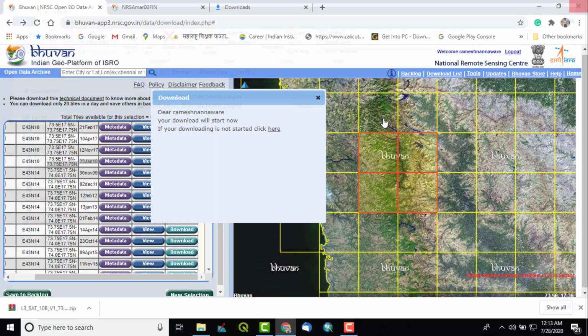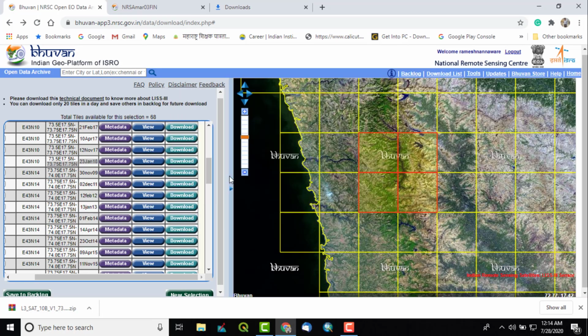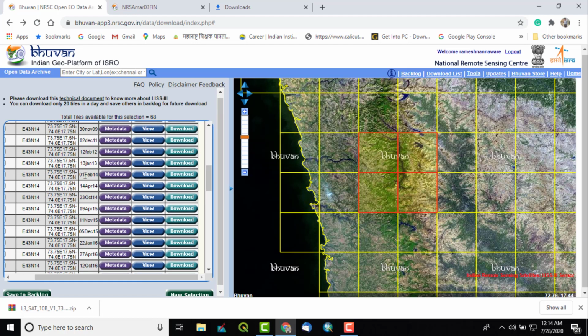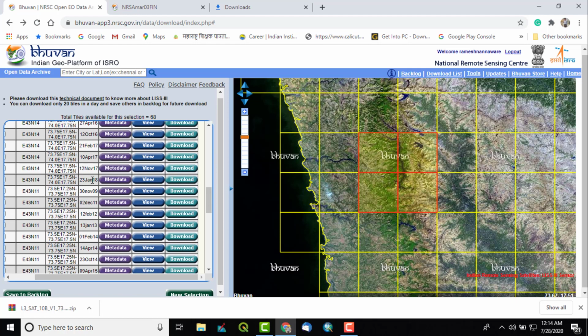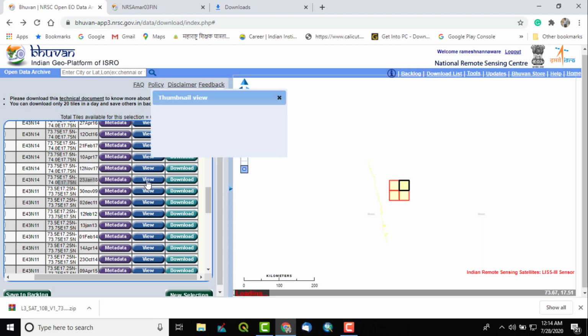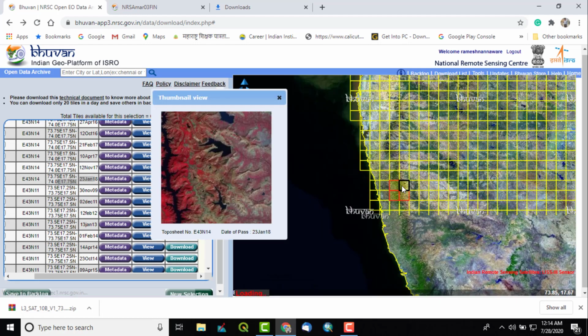So this way we can download satellite data. So it was Resourcesat-2 (LISS-3) satellite imagery. If I want to download more, second page, again go to 2018. Because the first image I downloaded was for 2018, the next also I will download for the same. So I will first read, so I will download this particular patch.